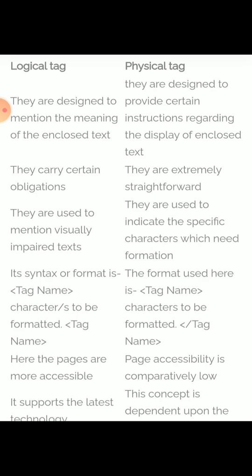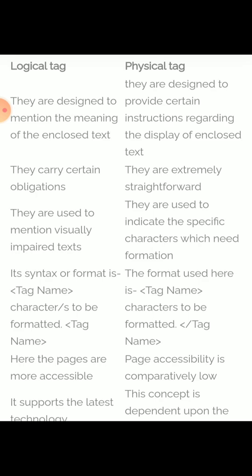Physical tags are designed to provide certain instructions regarding the display of enclosed text. So in logical tags, they are mentioning the meaning, and here they are providing certain instructions regarding the display of the enclosed text, how it will be displayed.